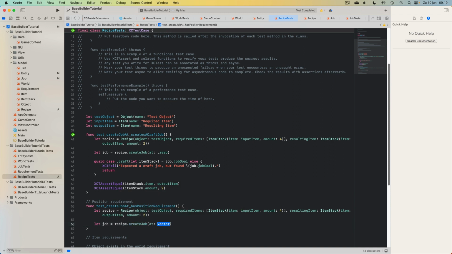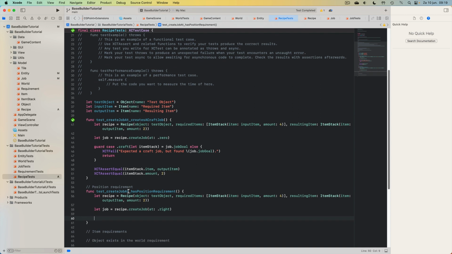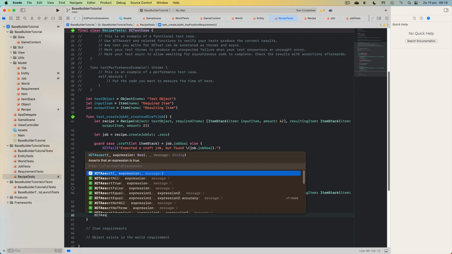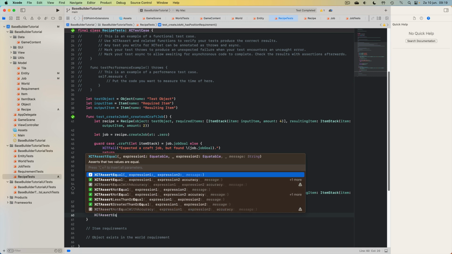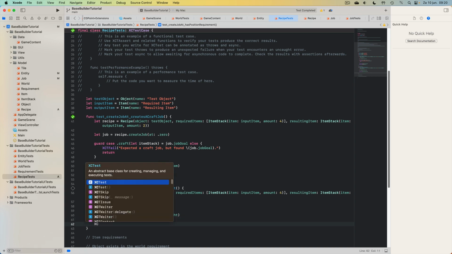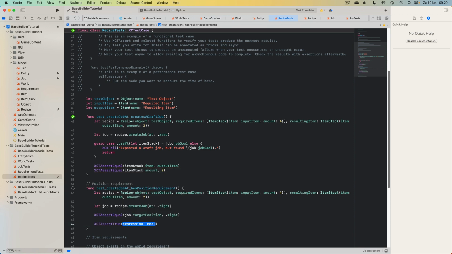Create a job at, this time we will choose a different position, so we can test later on whether we get the correct position back. And then, first let's make sure that our job has a target position that is indeed right, that it is the same as this one. Also, let's make sure that we have in our requirements a position requirement. And we can do this by saying we assert